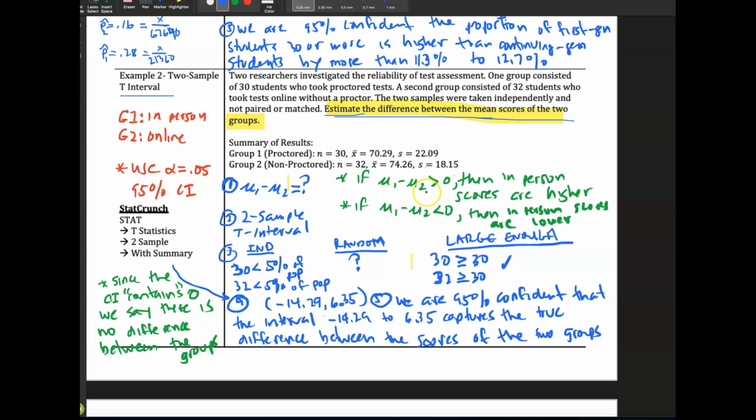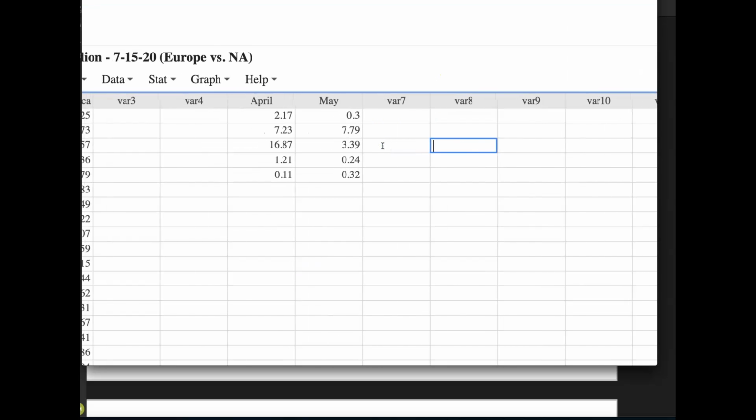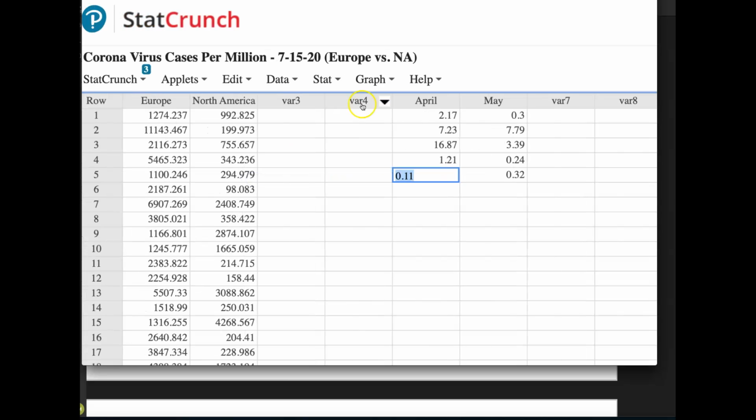You remember, when you subtract two values, if one is negative, the answer is negative, the first one is smaller. If the answer is positive, the first one is bigger, right? And that's what this notation is here. Let's show you on StatCrunch to run that real quick. So let's go ahead, get to StatCrunch. There we go. We would go to